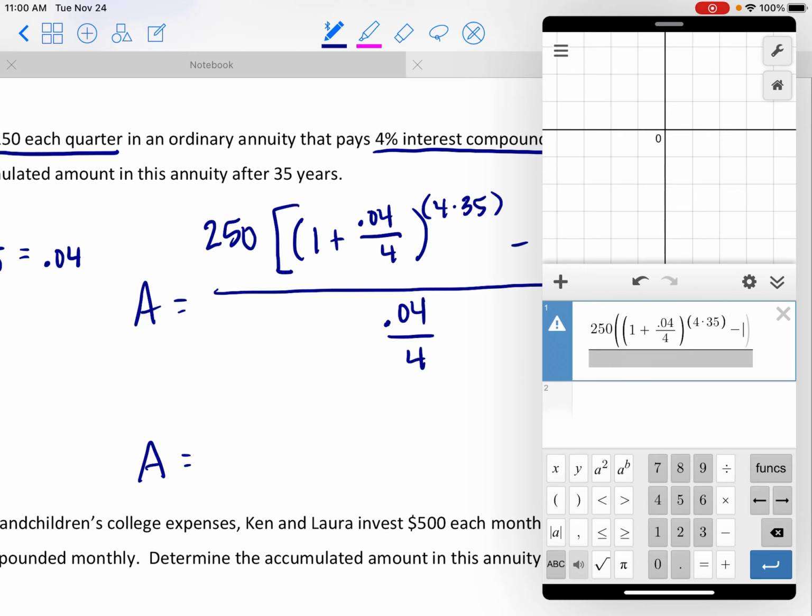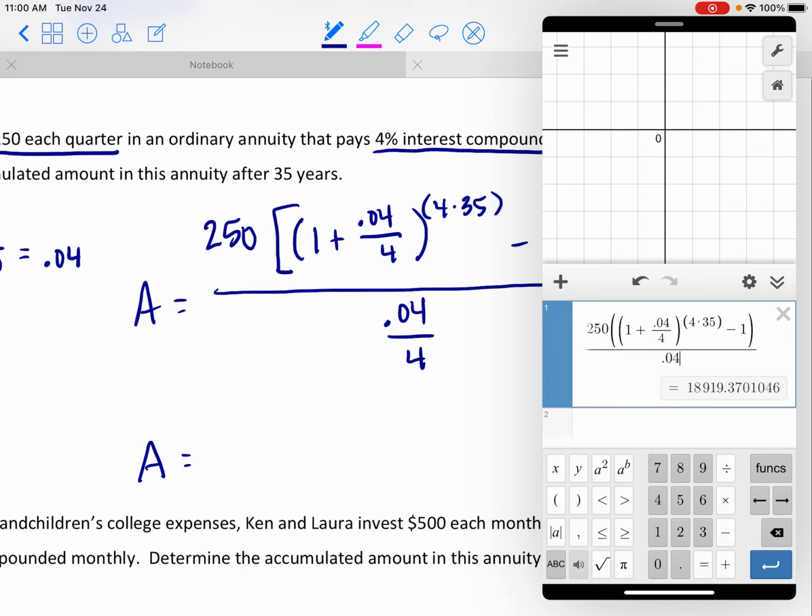And then we're going to subtract 1, and we're going to close off that last parenthesis. And then on the bottom of the fraction, we need 0.04 divided by 4. So what this is telling us here is that if we make $250 payments into this annuity that's compounding interest quarterly, so we make $250 payments quarterly into this annuity that compounds 4% interest quarterly, and we do this for